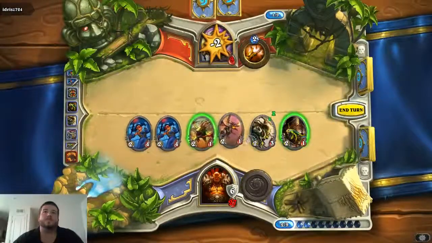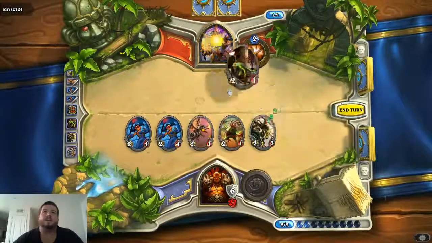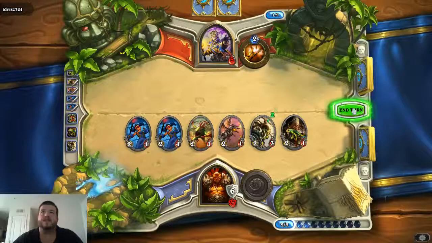I don't know why it keeps moving the order of the minions around. This is really annoying. I don't know why it's doing that. Anybody else seen that before? I don't remember it doing that, so...